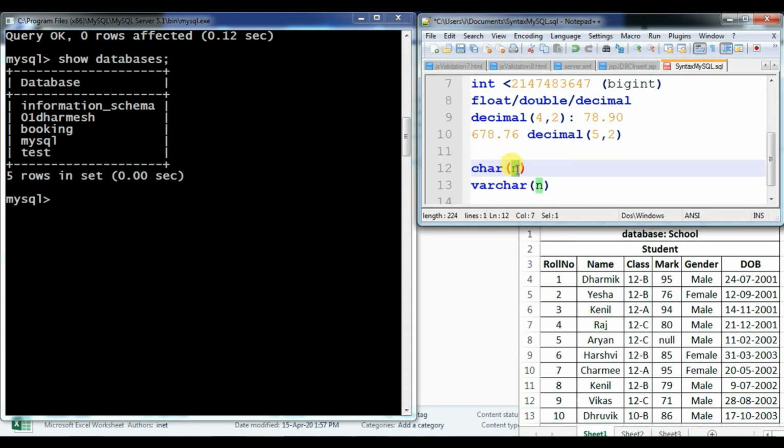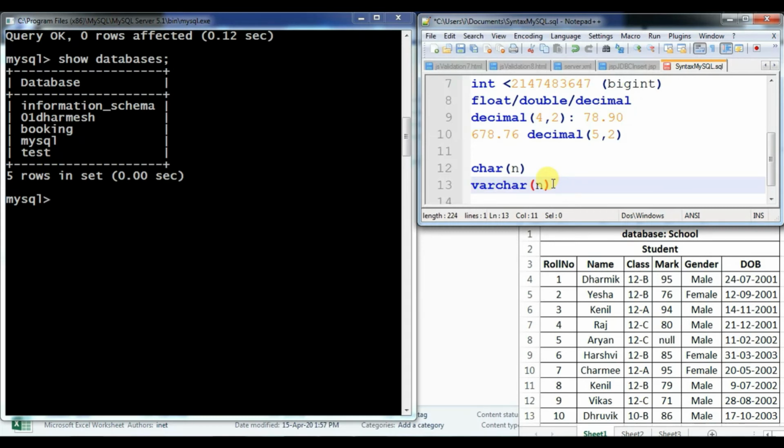This N specifies how many characters you want to enter in the particular field, whether you are going to use char or varchar. But the minor difference is that char has a fixed length and varchar has a variable length. If you have any value that contains characters or alphanumeric values, then I suggest you use varchar, because it uses variable length.